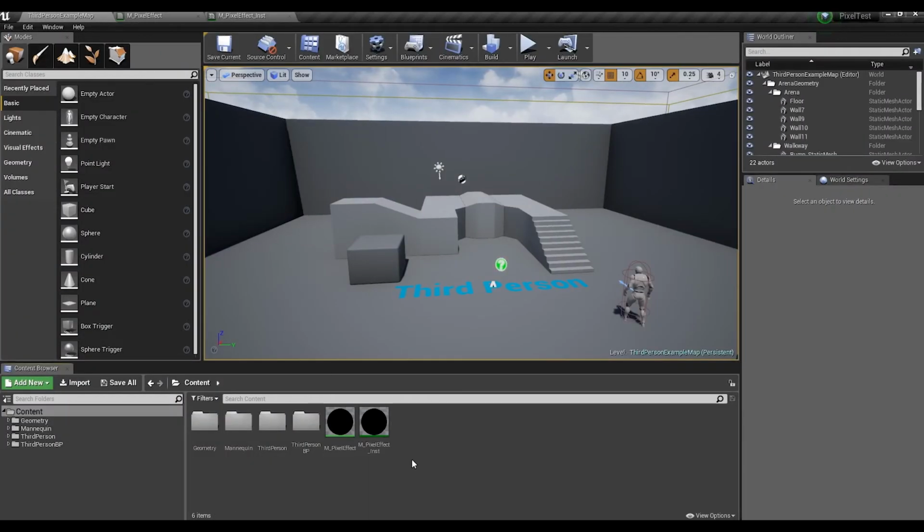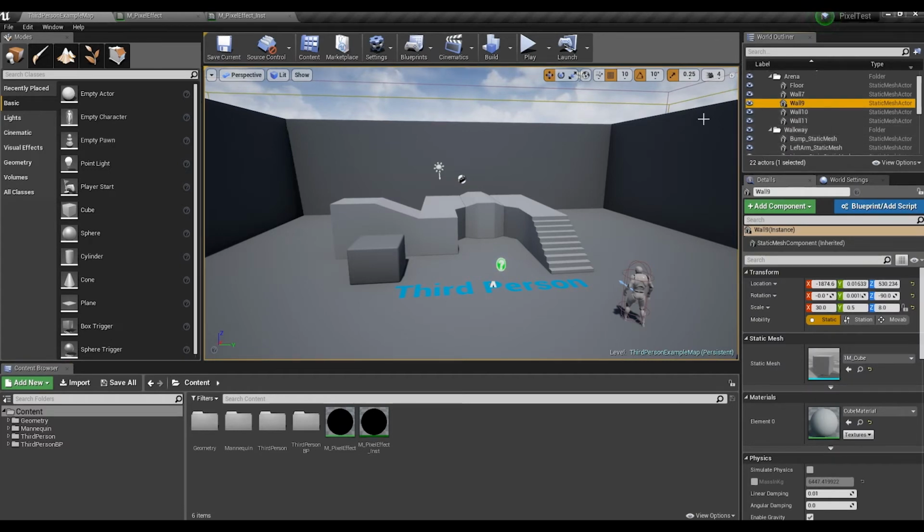Now, we need to actually apply this material to the scene. To do this, you have to do a total of two things.